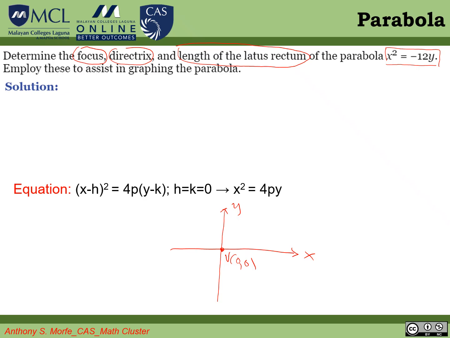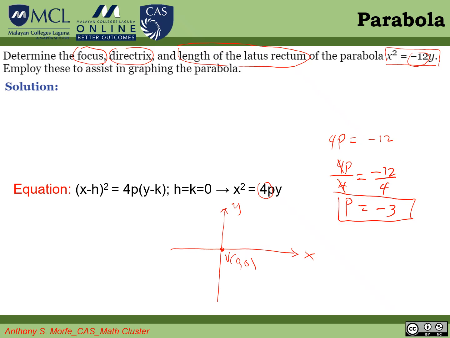So if you look at here, we have the coefficient of y, which is equal to 4p. So you see 4p is equal to negative 12. Solving for p, divide both sides by 4. So 4 divided by 4, then we have minus 3. So remember, what is p? P is the distance from the vertex to the focus. Okay, so if that is minus 3, then